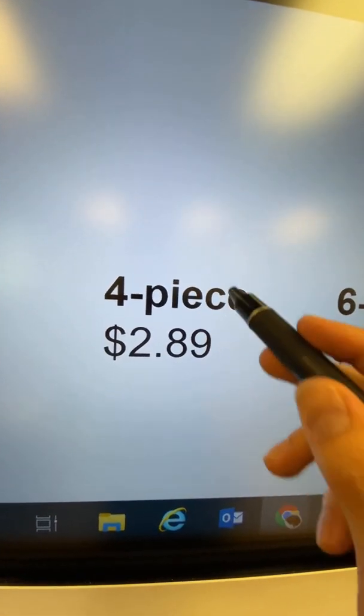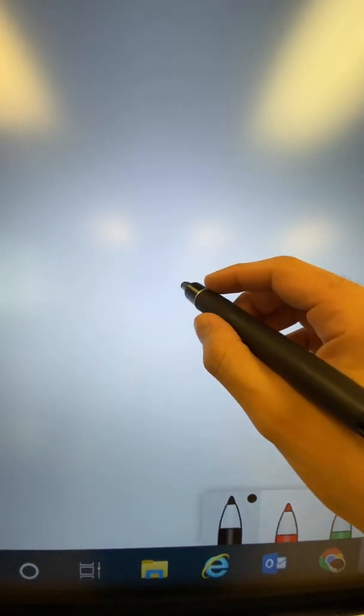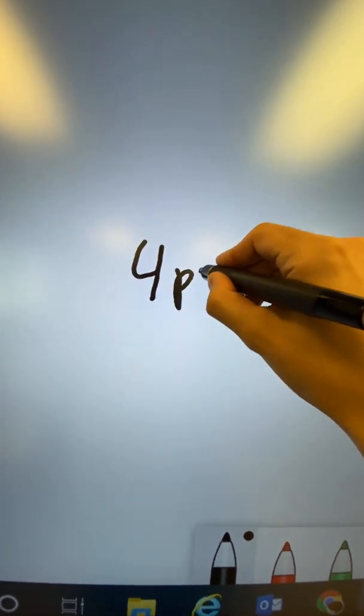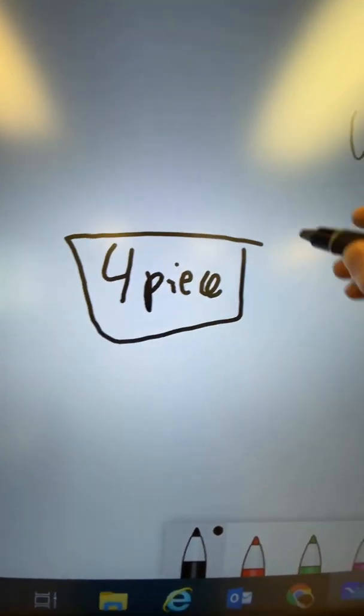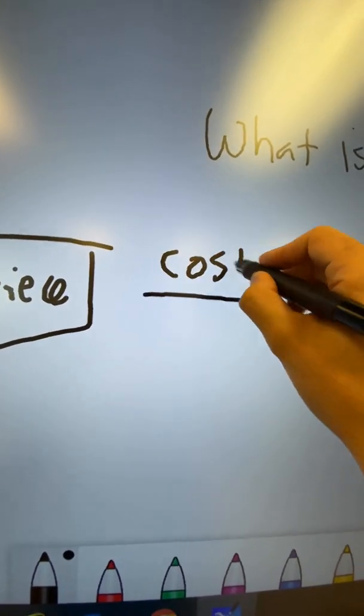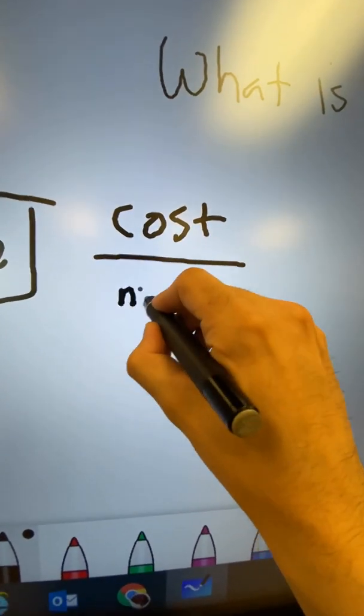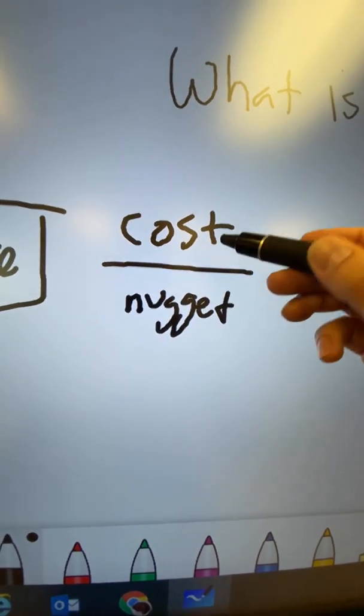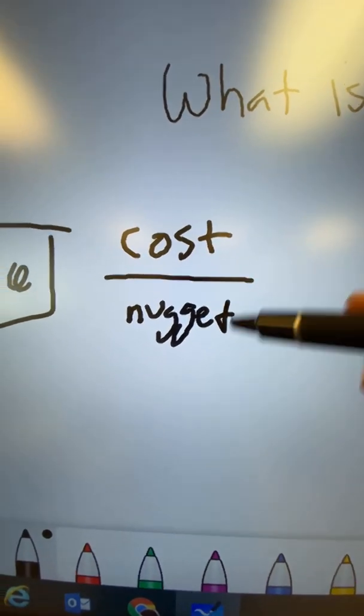So for example, we have a 4-piece is $2.89. So write that down. So a 4-piece nugget is $2.89. So all you're going to do is this. You're going to take the cost per nugget. In other words, take the cost divided by the number of nuggets,